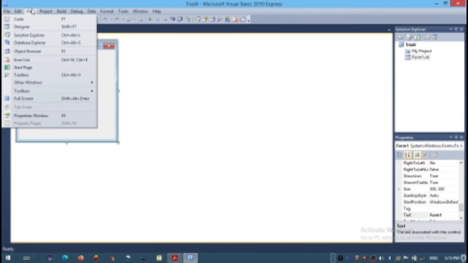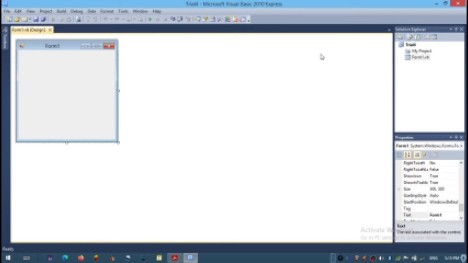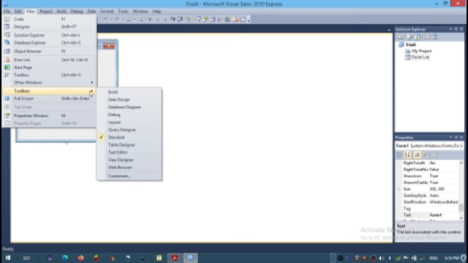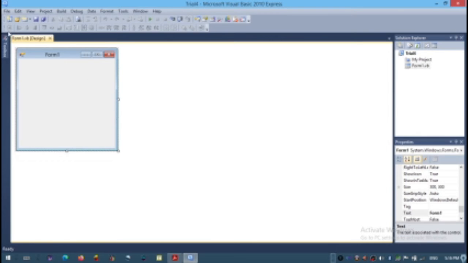Now the view menu is very important here. Suppose any of the windows is not present in the layout, we can find it from the view menu. For example, toolbar. Suppose only one toolbar is present here, I can go for the layout toolbar. See, we got a new toolbar here.